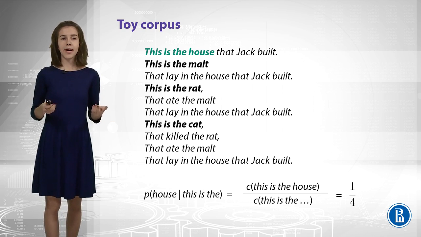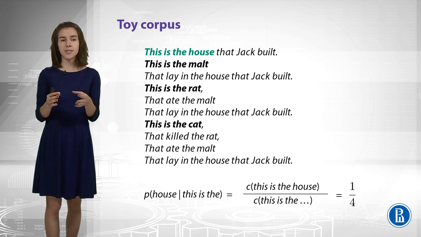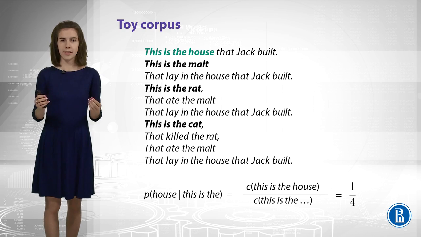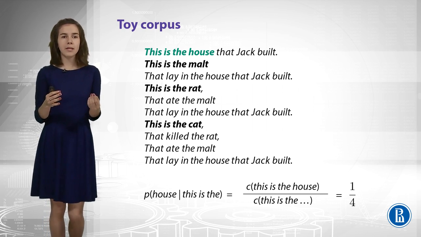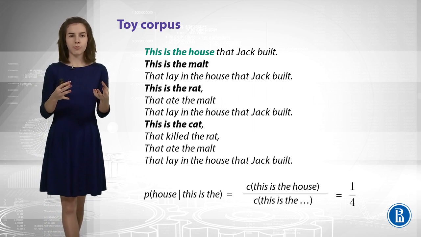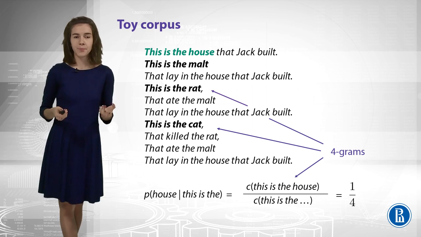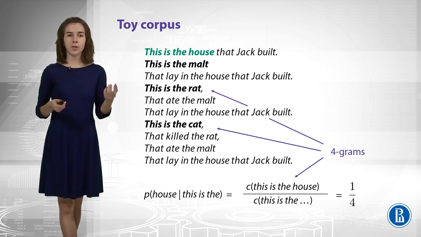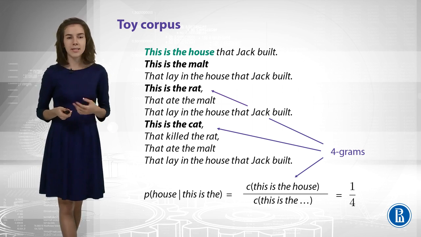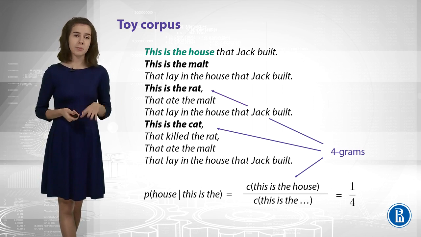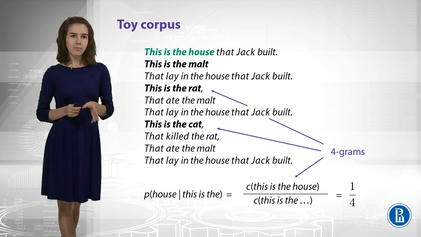By C here, I denote the counts, so this is the count of "this is the house" or any other pieces of text. And these pieces of texts are n-grams. N-gram is a sequence of n words, so we can speak about 4-grams here. We can also speak about unigrams, bigrams, trigrams, etc. And we can try to choose the best n, and we will speak about it later. But for now,